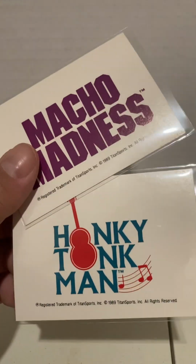You got Macho Madness, Honky Tonk Man. So, those are neat. Those are neat. I'm not sure what I'm going to do. I'm probably just going to keep them. Not worry about trying to put together a set or anything like that, but...